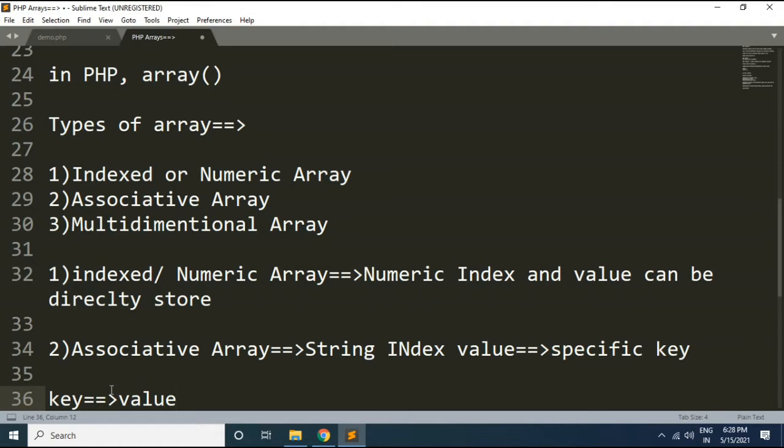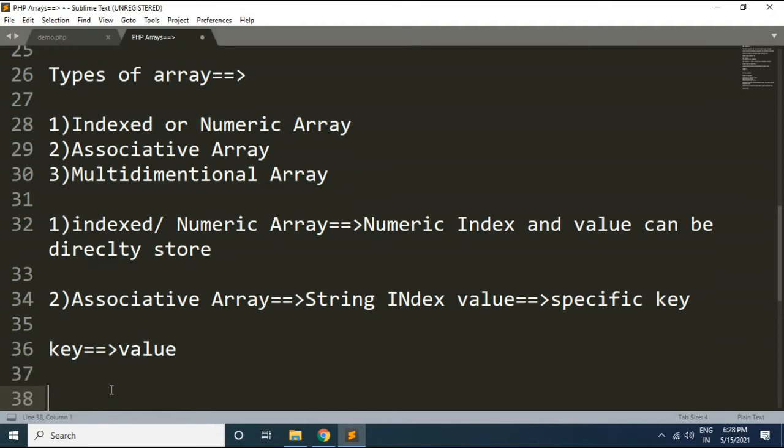There is an association between key and value, and that's why it is called an associative array. In an index or numeric array there is also an association, but the key is numeric, and in an associative array the key is a string. That is the difference.